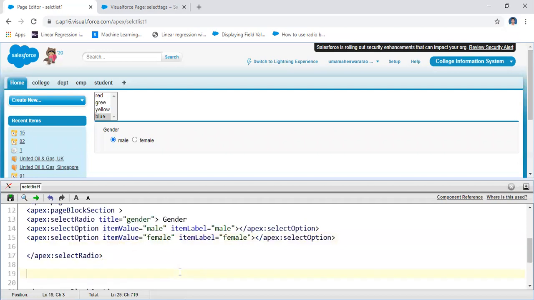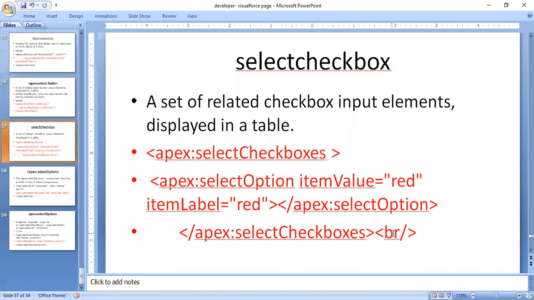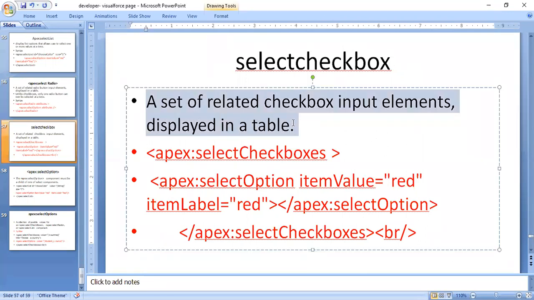Another important one from the select list is select checkbox. What is the checkbox? A set of related checkbox input elements displayed in a table. It takes the selected input values.